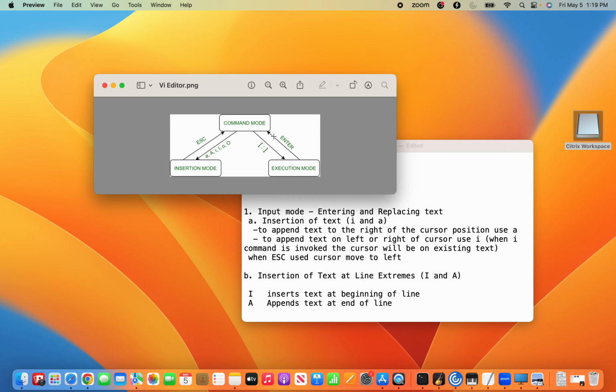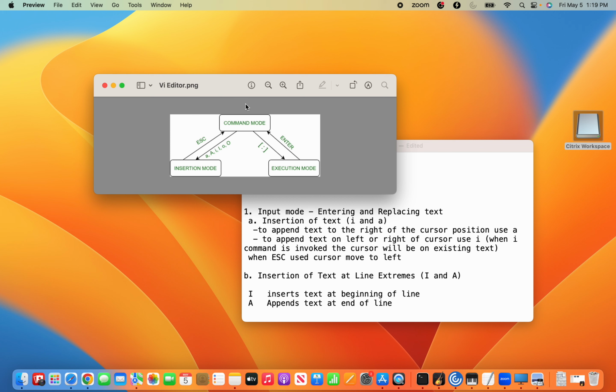Like when you're opening a file, once you use the VI editor, you are in the command mode. I want to update a file, so I will press A, I, or O. Once I press this, I am in the insert mode. I can do the updates on the file, make some changes, write the text, replace the text, and once I have done that,